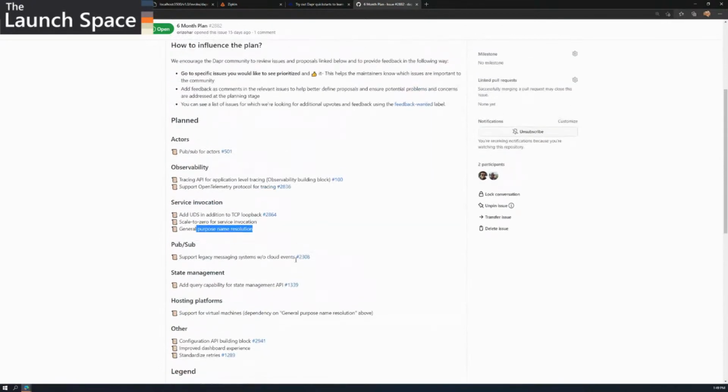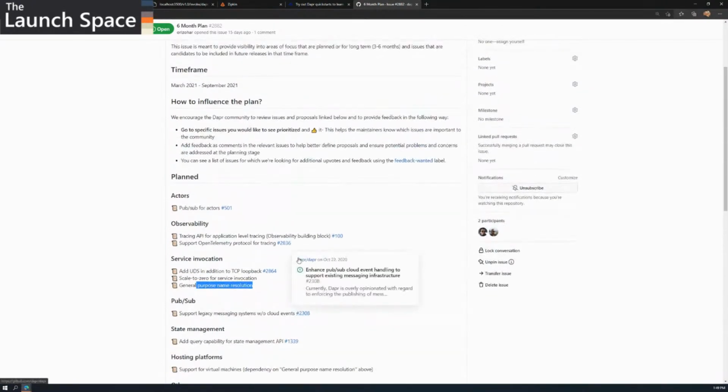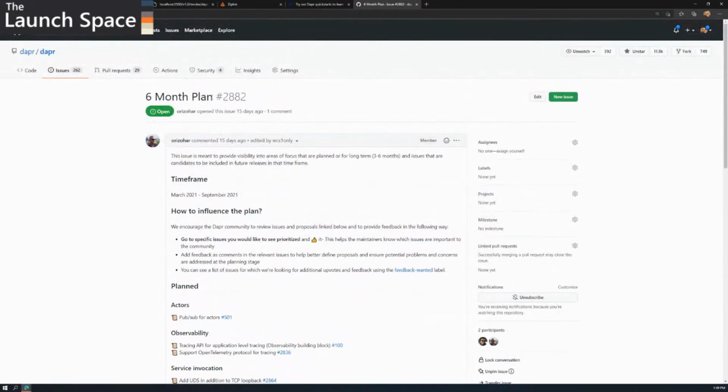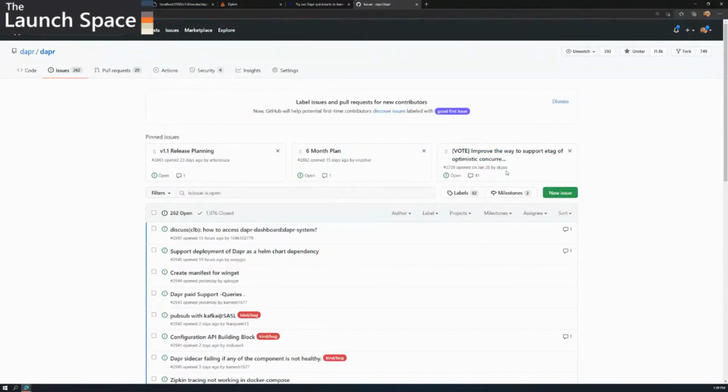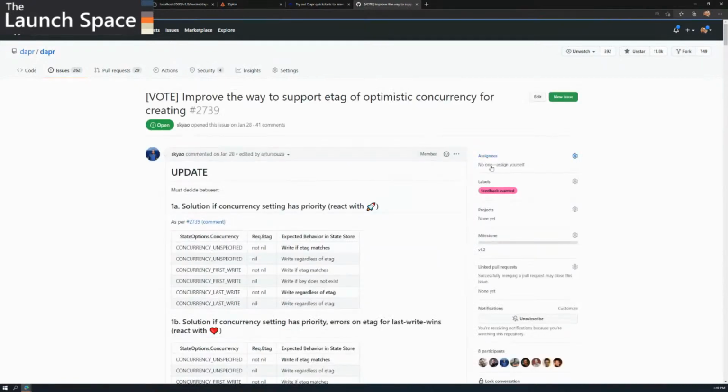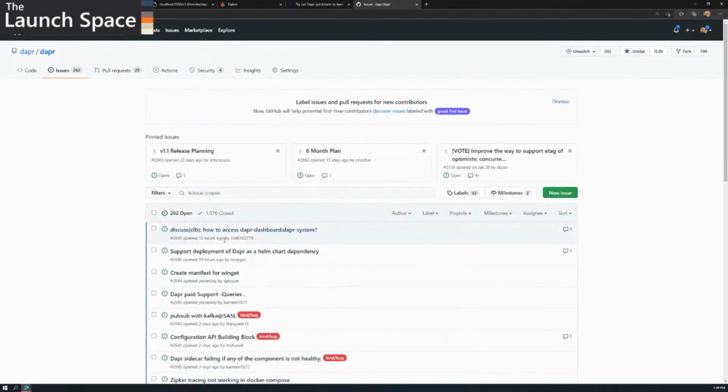Feel free to comment on this or put your favorite ones here. So this is just the 6-month plan, everything built in the open. We often put an issue at the top that you might want to vote on that we think is interesting. This one was about supporting concurrency and how we do it inside our database store, optimistic concurrency versus pessimistic, and some of the improvements around there. So you can read some of these issues, and feel free to dig around and post your own.